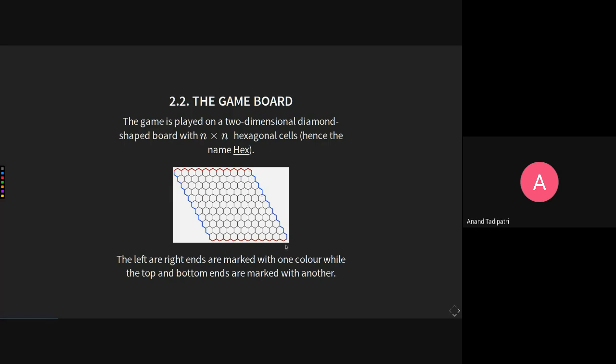So how this goes is that players take turns in placing tiles of their color. There's a blue player and a red player, and they alternate in placing tiles on empty squares. And this goes on until the entire board is filled up. And a person wins if they manage to get a continuous path across the entire board. So for example, the blue player might play this first, then the red player goes,